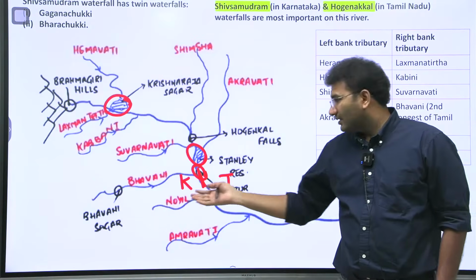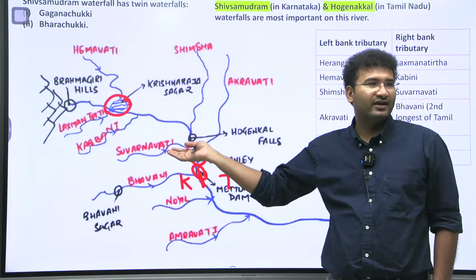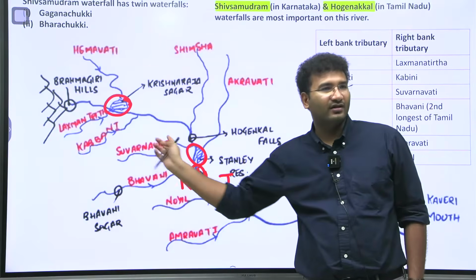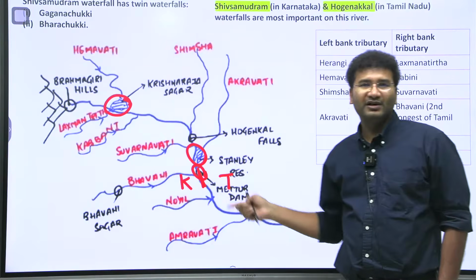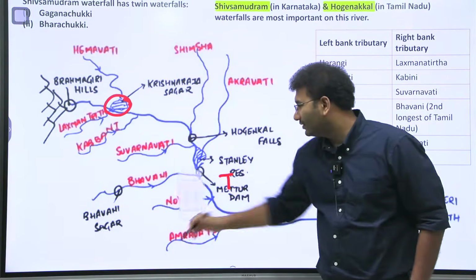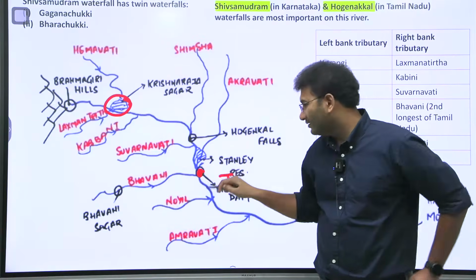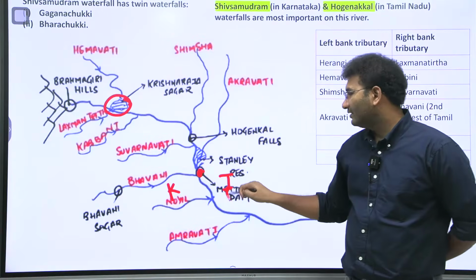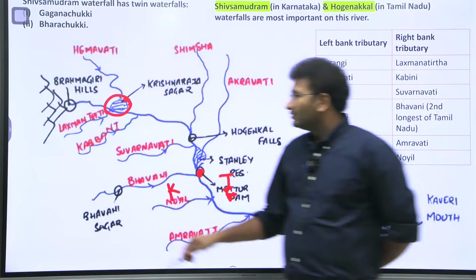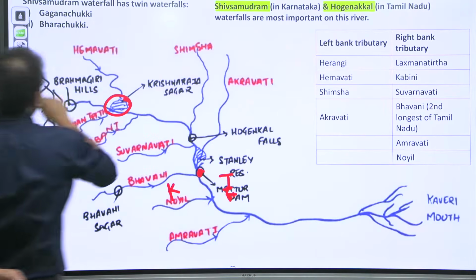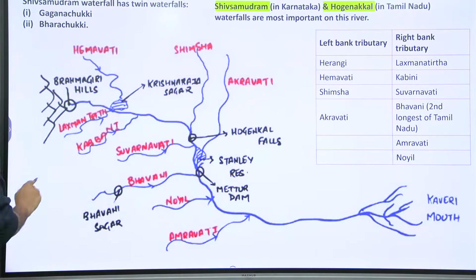So what happens is, Kerala keeps on increasing the height of the dam because they want to store the water and then give it. So Tamil Nadu does not want that. So this Metur dam is a conflict area between Kerala and Tamil Nadu. So look at Kaveri. It is also there in your notes.